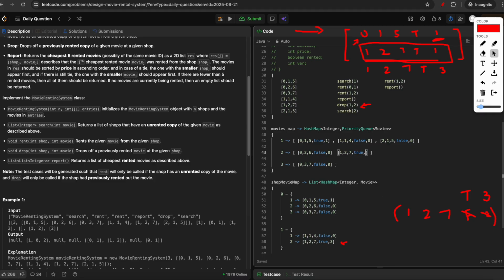True, and then 3. We can notice that we have 2 entries which belong to the same movie, shop 1, movie 2, and price 7. But we can see that the version is different. Now when we call the report method, all these 3 items will be reported, but only this item will be considered, because